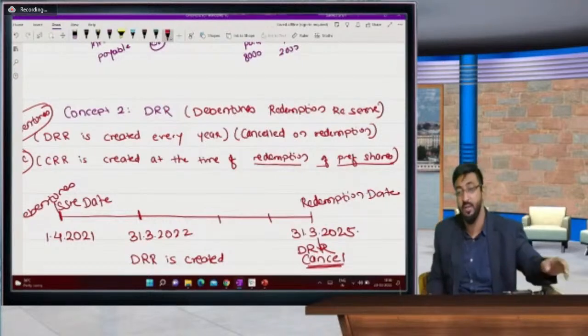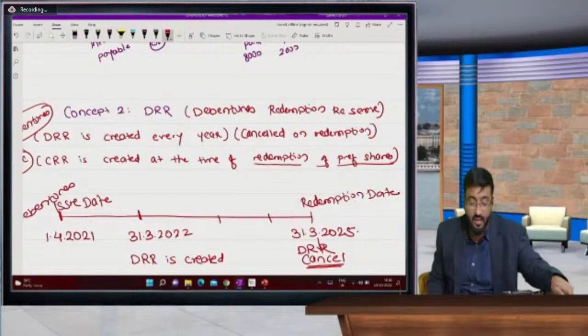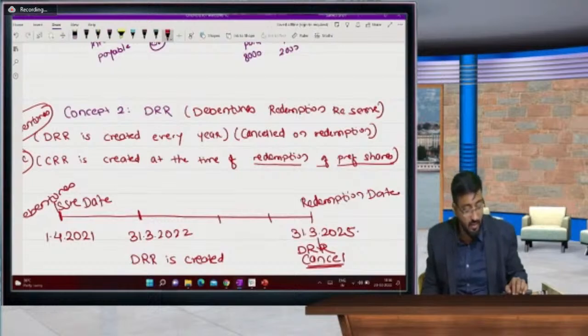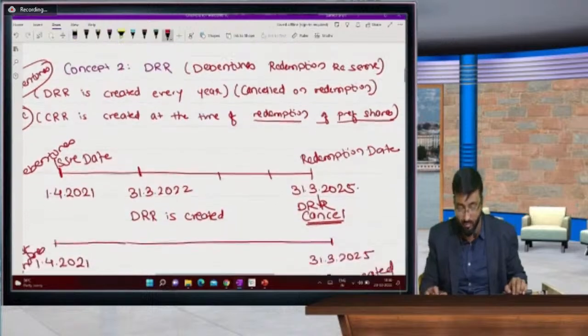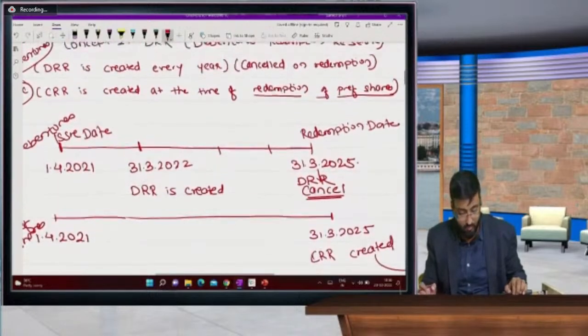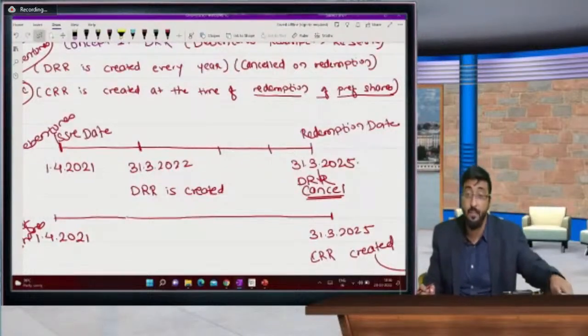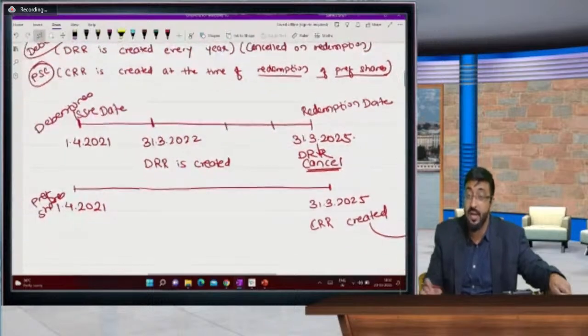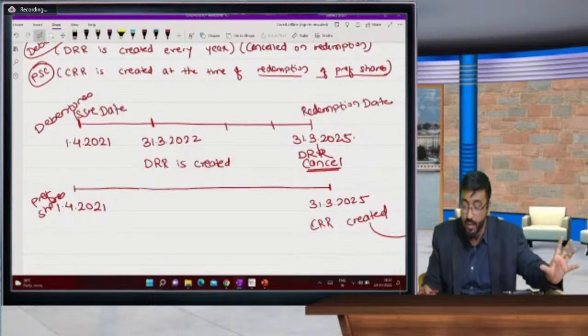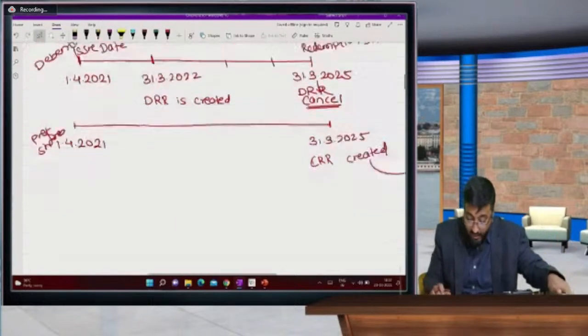Capital redemption reserve, similar to debentures redemption reserve. See beta, issue date and redemption date are two dates, and DRR is created every year. And what is the percentage, that I'm going to tell you. But remember, the entry for DRR